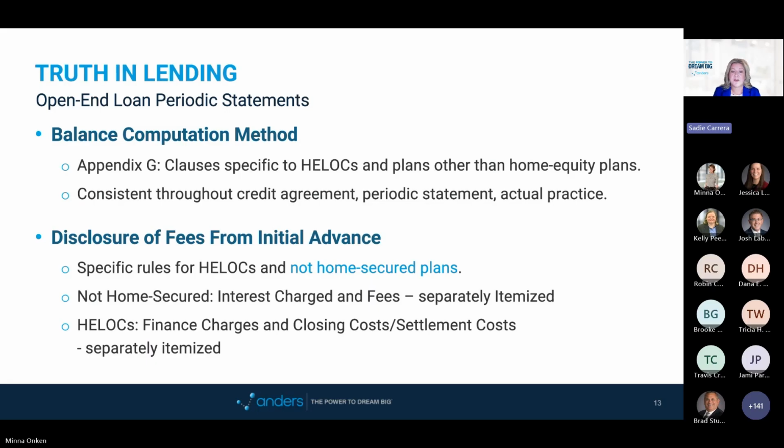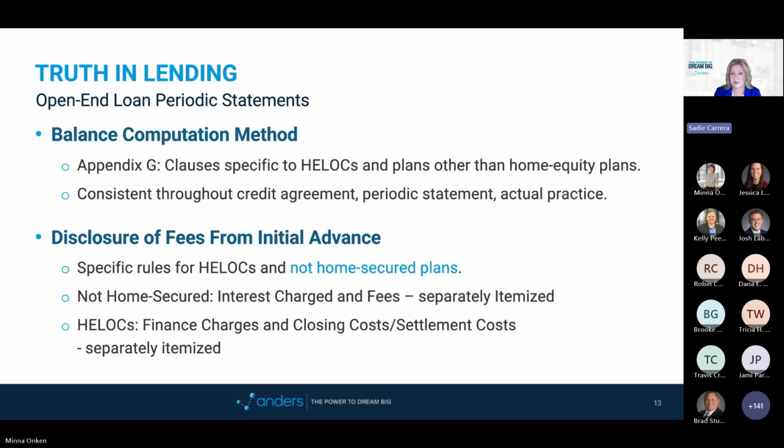For not home secured plans, finance charges attributable to periodic interest must be disclosed using the term interest charged. And the total of finance charges attributable to periodic interest must be disclosed using the term total interest. Any charges imposed on the plan other than charges attributable to periodic interest must be grouped together under the heading fees and must be separately itemized. Now, you'll see this is a common practice. We're going to talk about separately itemized a few times during all these disclosures. And remember, the total charges must be disclosed using the term fees for the statement period as well as the